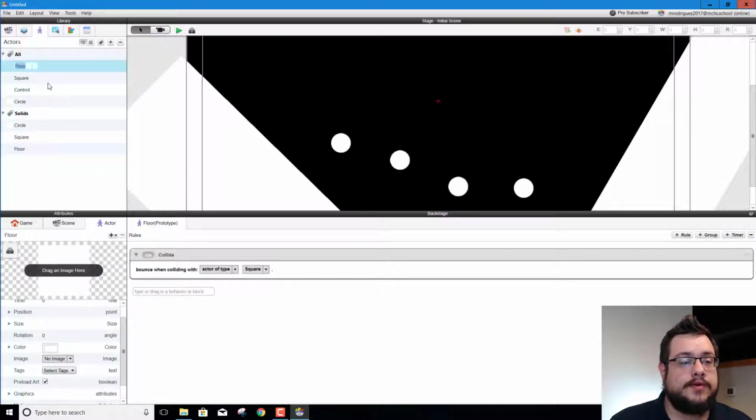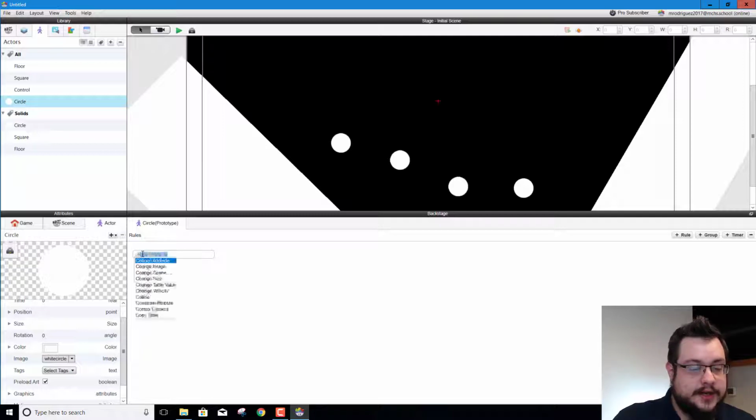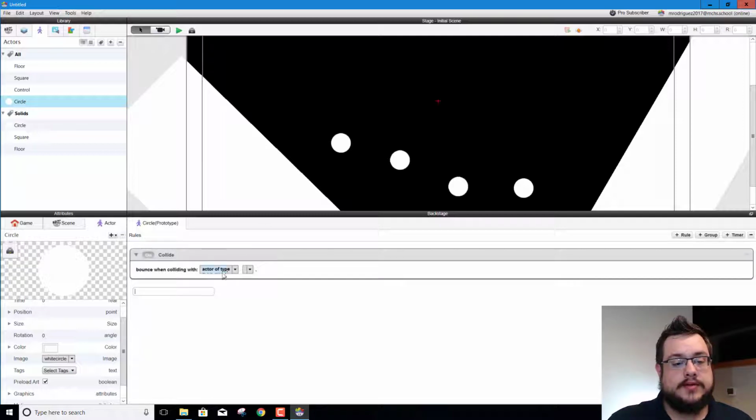So let's go to our floor and change our rule that says bounce when colliding with actor type square, because now we have circles. We're not just going to choose circle, we're actually going to choose actor with tag solids. That way it'll bounce when colliding with any of the solids. And we just need to do that for the square and the circle as well. So we'll go into actor with tag solids, and then for our circle we say collide actor with tag solids,